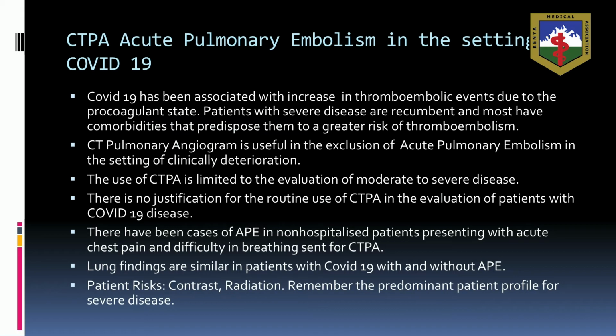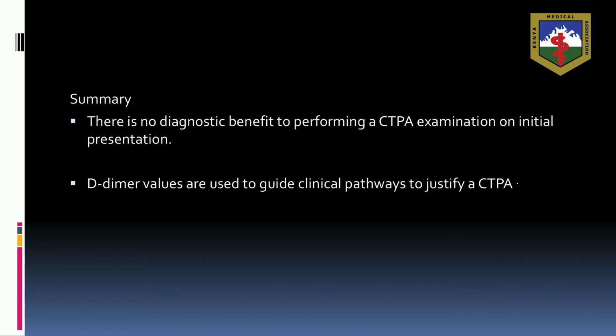We know that the risk in CT pulmonary angiogram are higher of contrast nephropathy, and the patients with these comorbidities are also the same comorbidities that predispose you to contrast nephropathy, your diabetes, your hypertension, your tumors. All right? Remember the predominant patient profile for severe disease for COVID-19. All right? So there is no diagnostic benefit to perform CTPA examination on initial presentation,